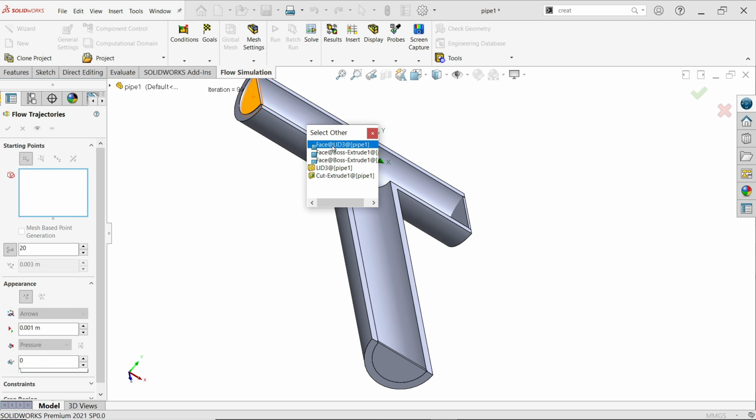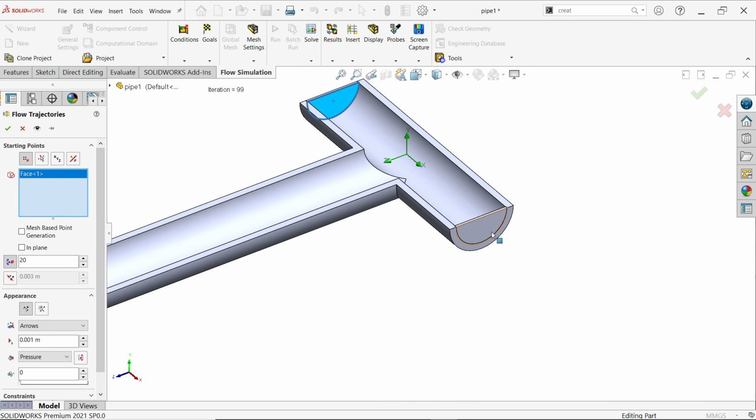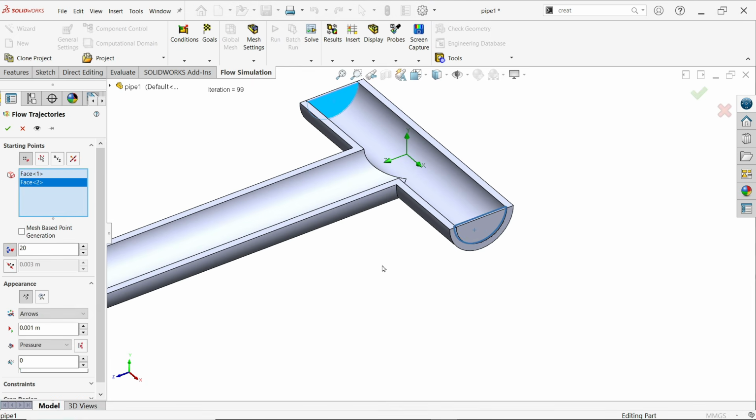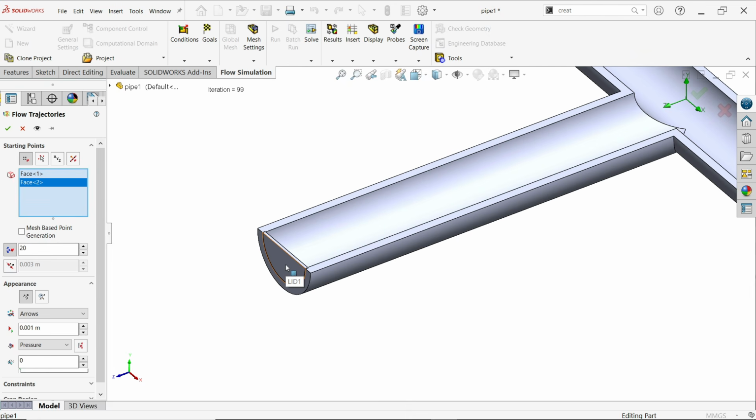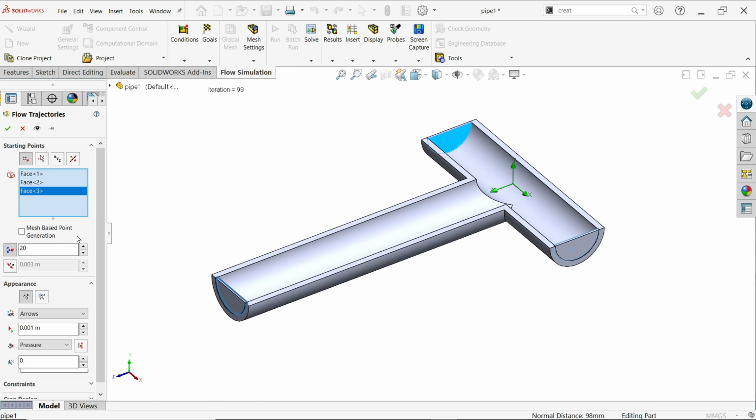Select other, right click, select other, this, because this is going to show inside the proper boundary. So right click, select other, face, because we want to flow the liquid inside this,